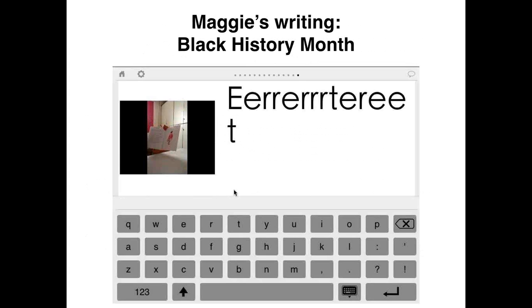during Black History Month really shows me that that's why she's included, right? I mean, so many separate classrooms would not have covered Black History Month as a topic, period. But the fact that Maggie really seemed to relate to Ruby Bridges, the fact that she found that story so